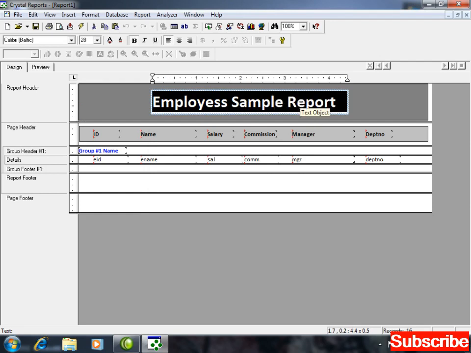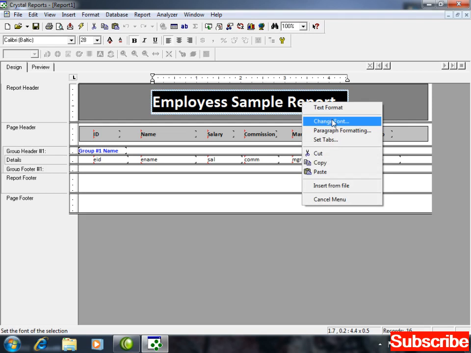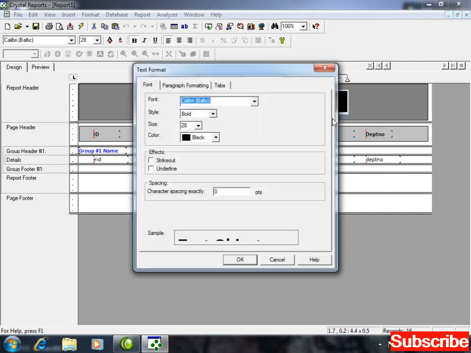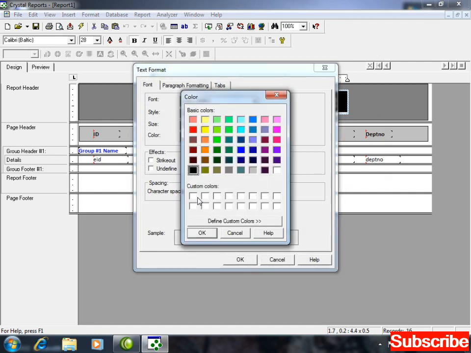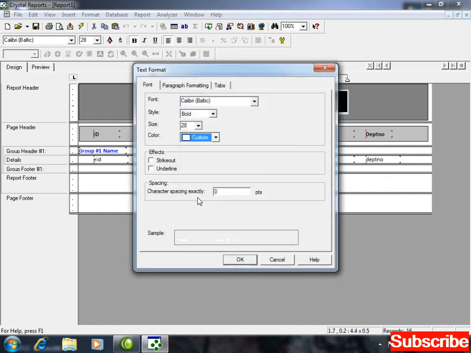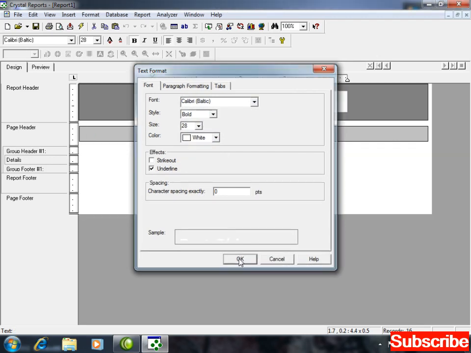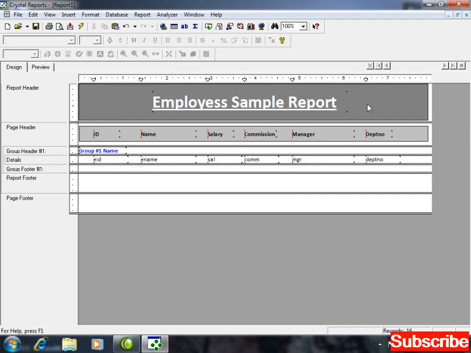Text selected, right click, change font selected, color, from here I'm going to specify white color, right? You're also having the custom. If you click on custom, it's going to open the panel for you. From here you can select any color, right? White color here, underline, and click on OK. Click aside.